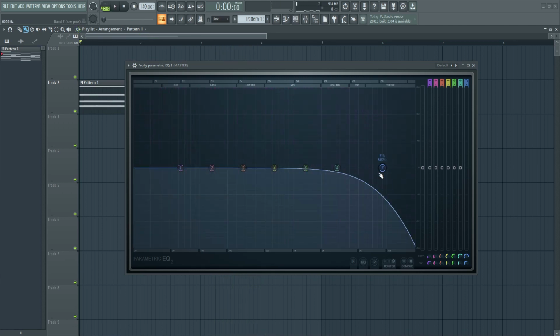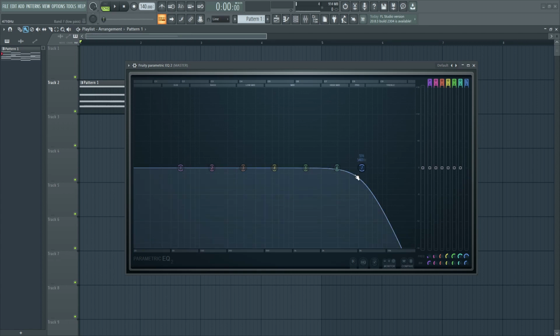Now you can change the steepness, or we can say Q, of this point by scrolling up or down. If you scroll down, you'll increase the Q factor, the resonance, like this, and if you scroll up you'll decrease it. Right now it's at the lowest Q value, and you can see there's not a really steep slope. So it depends on your choice and the type of operation you're trying to do on the sound, so you can adjust your Q size accordingly.